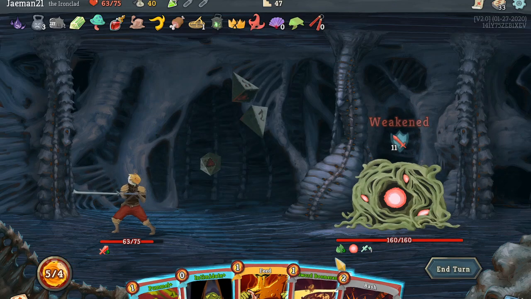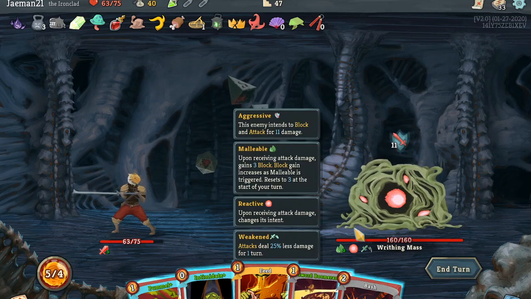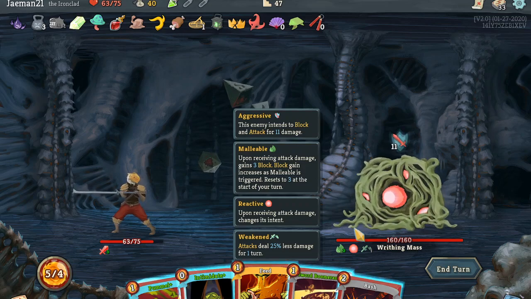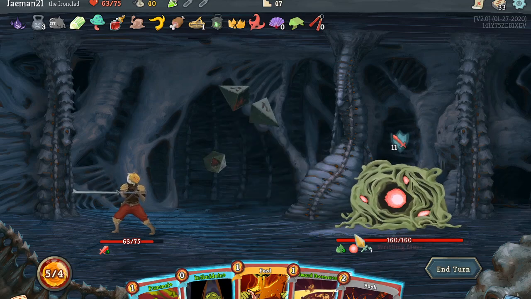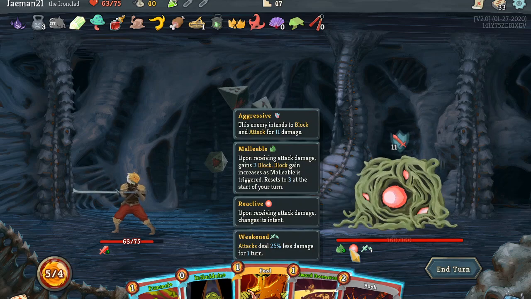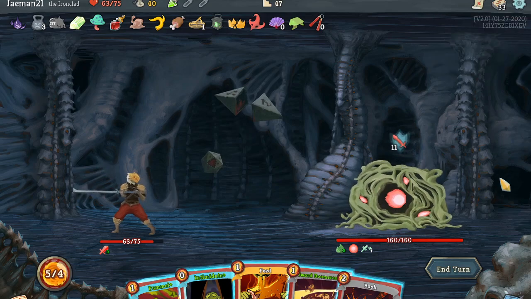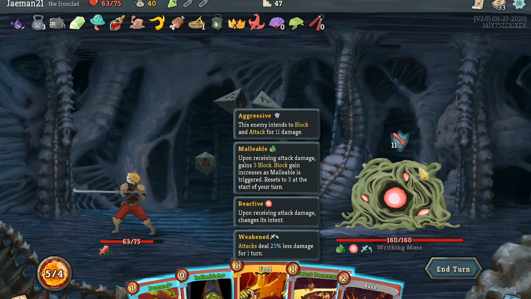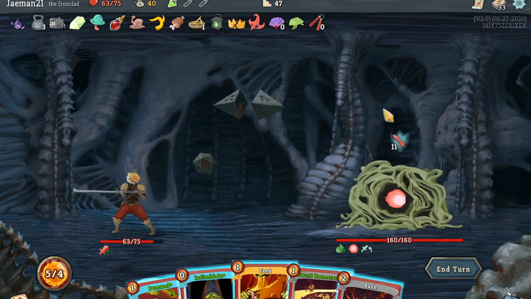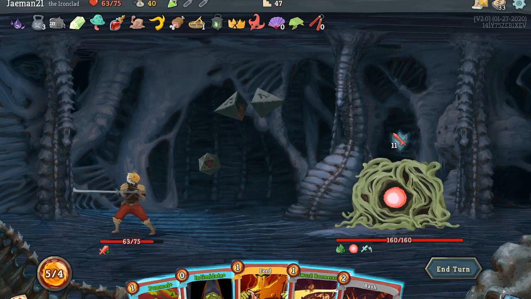Ooh. Okay. So this enemy has Malleable. Upon receiving attack damage, gains 3 block. And block gain increases as Malleable is triggered and resets to 3 at the start of your turn. It also has Reactive. Upon receiving attack damage, changes its intent, so it could go from dealing 11 damage to dealing, I think, 30 something, or something like 12 multiple times, or anything like that. And it can also change to giving you a negative effect, which is a curse, which will be added to my deck,